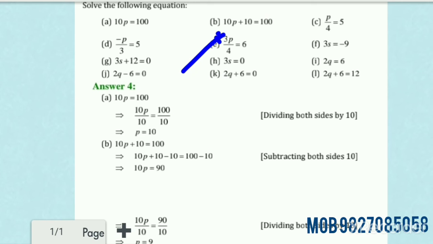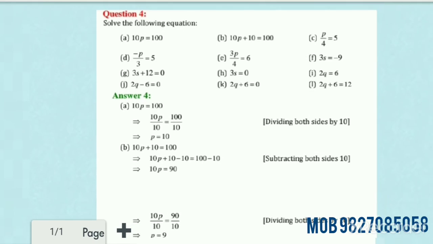In short, if the value has plus, then we have to subtract on both sides; otherwise if it is minus, then we have to do plus. Either the value is in multiply form, so we are dividing, and when the value is in division form, then we have to multiply. Okay, so solve all questions in your homework.